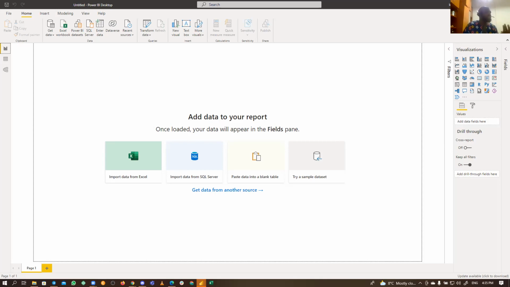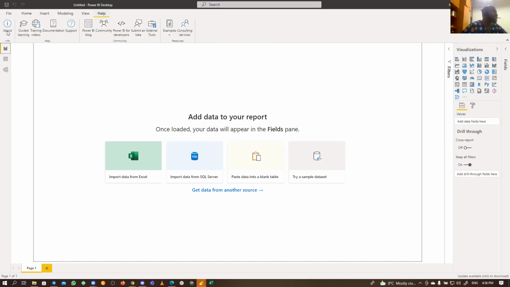So what are the resources that you will need? It's very important to note that as much as you would want to do a lot of things on your own, you still need help from external resources. Even the experts, the best of the best, still seek support. One important thing is the Power BI blog. If you go to Help, you will see the Power BI blog.